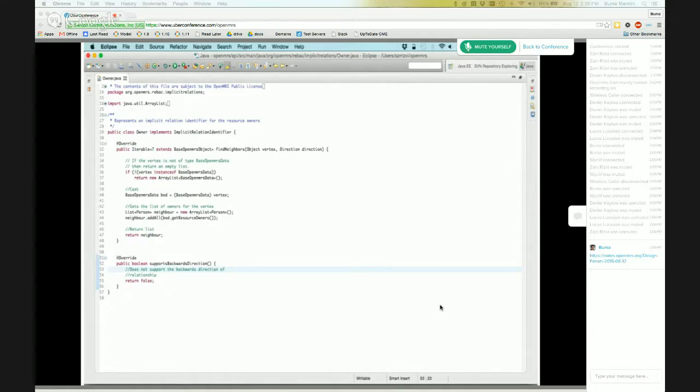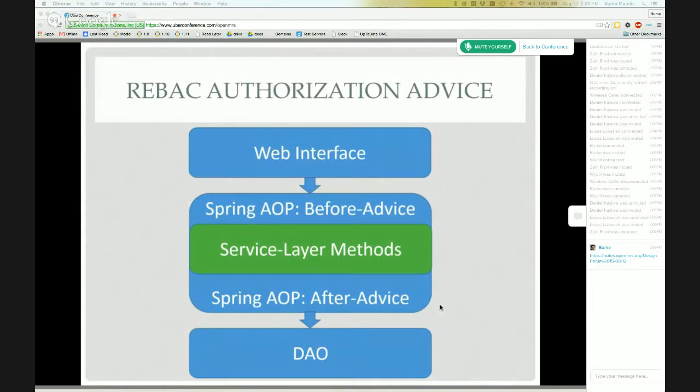Moving into the authorization advice in OpenMRS, we introduced the ReBAC authorization advice orthogonally to the existing authorization advice, which means that first the existing authorization advice is invoked, and if that allows access, only then is the ReBAC authorization advice invoked.